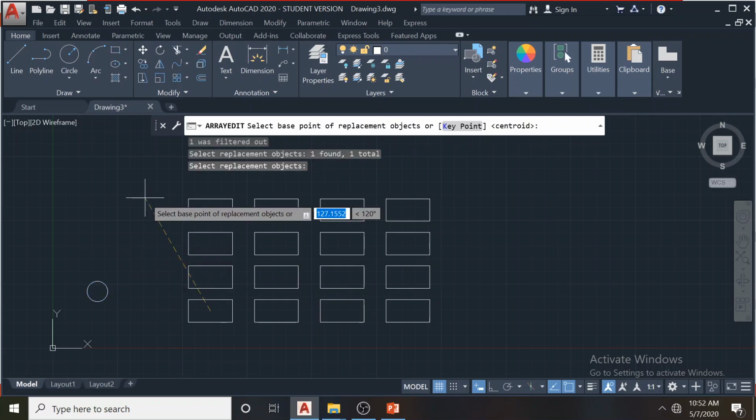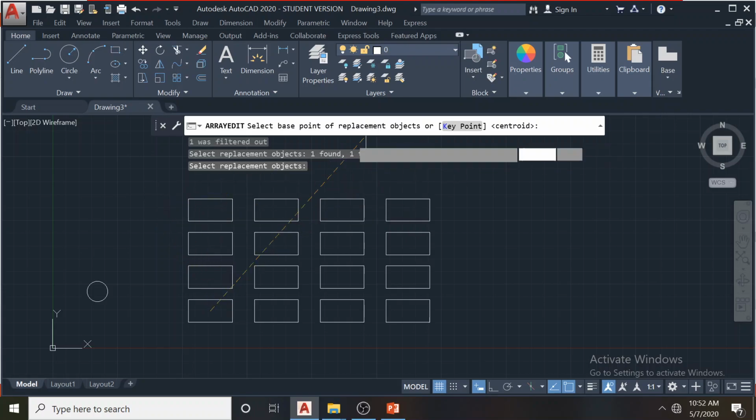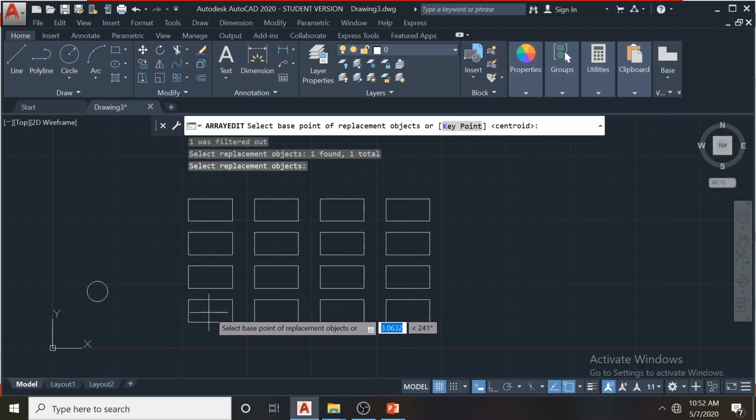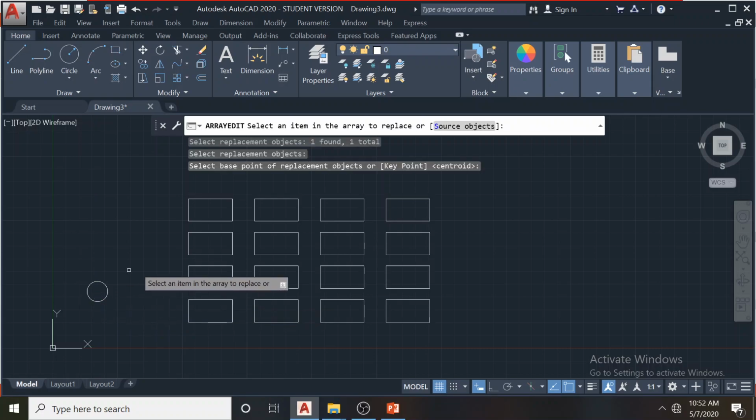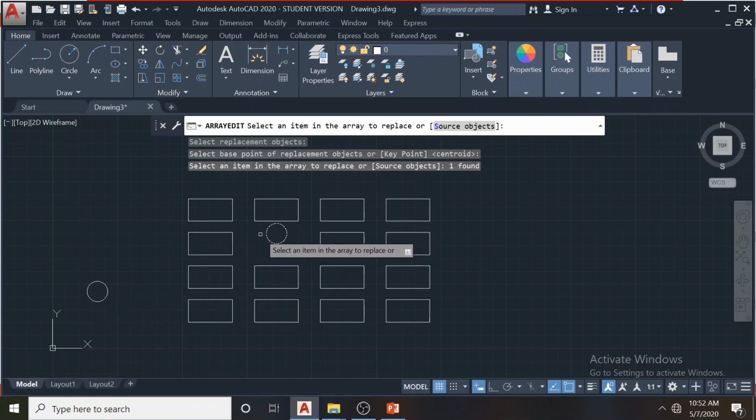Now after you enter this, you have to match the base point. Now this center of the rectangle is matched by the center of the circle. If you select somewhere like a quadrant here, it's going to be different. Now the circle comes here, so it's going to match the rectangle center to the quadrant of the circle here. So that's why the circle is shifted a little bit.